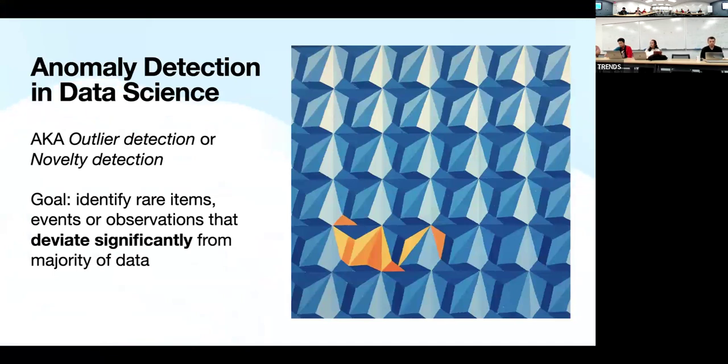So does anybody have an idea of what anomaly detection means? Any ideas or thoughts? Okay, well,